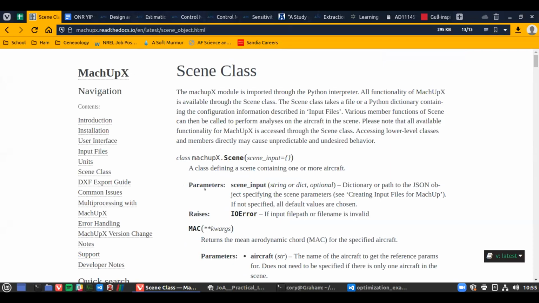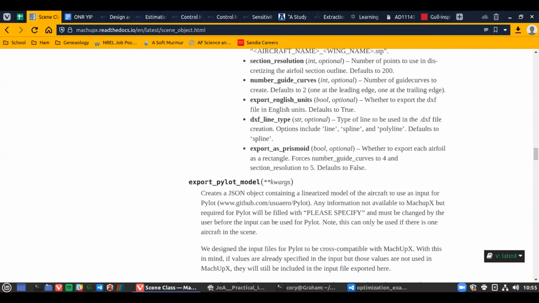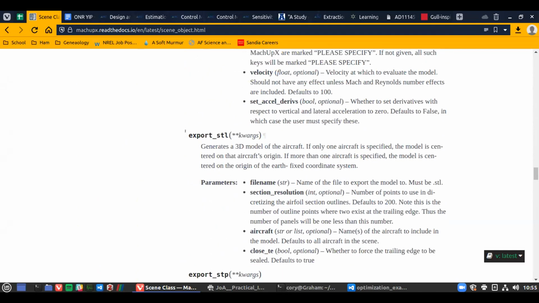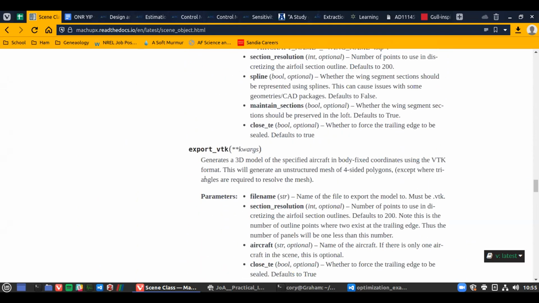I will show you a couple of useful things you can do. You can use MockupX to create solid models. If you've given it the geometric information for the airfoils, and you could do that just by telling it, hey, this is a NACA 0012, and it's like, oh, okay, I've got the NACA equations, I can handle that. It'll generate an STL model for you, or you can export a STEP file or a VTK, and then you can take that and pull that into a higher order panel method, like FlightStream, or like the one we're working on called Mockline,